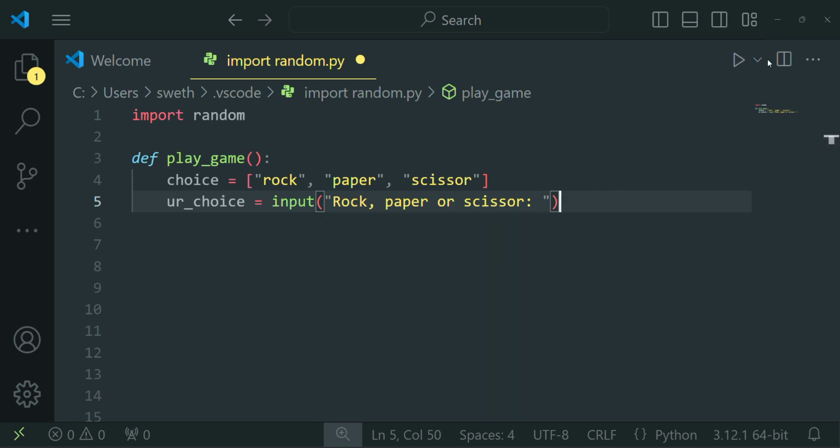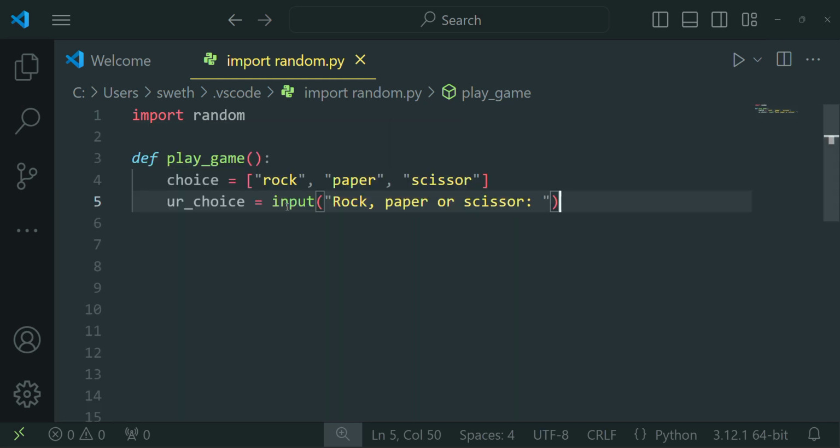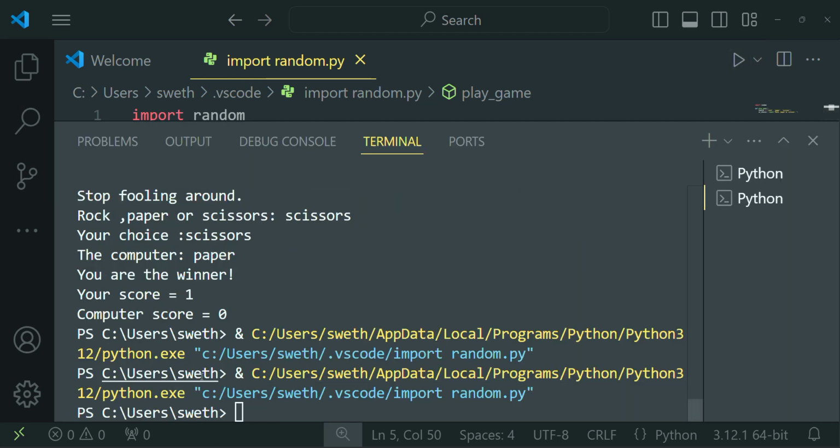Now if we run this on our Python file, you could see, oh my bad, we haven't printed this onto our screen yet. Oh actually, it doesn't work. Oh yeah, I'm having trouble. Wait, I'm just gonna fix